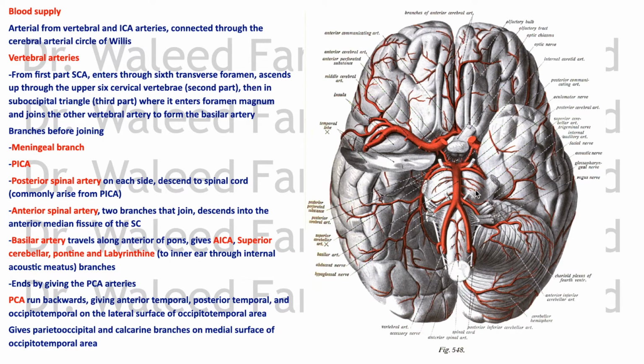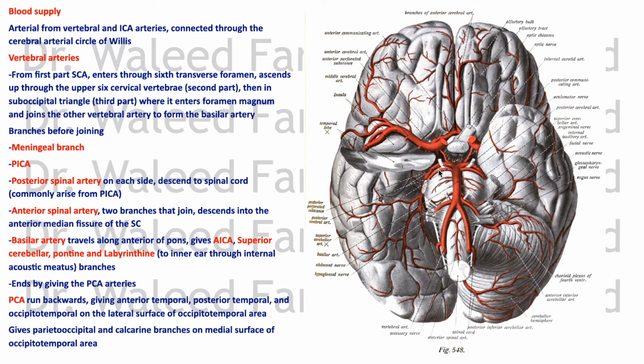And pontine arteries, one of them is big and enters the ear. It's called the labyrinthine artery. Remember that, to supply the membranous labyrinth of the inner ear. Then the superior cerebellar to supply the superior surface of the cerebellum, and then it ends by becoming the posterior cerebral